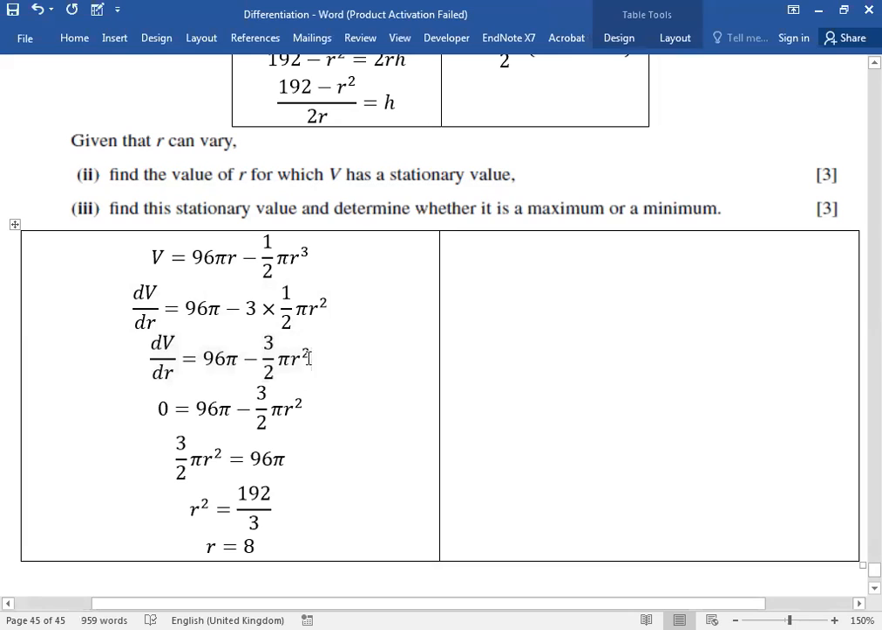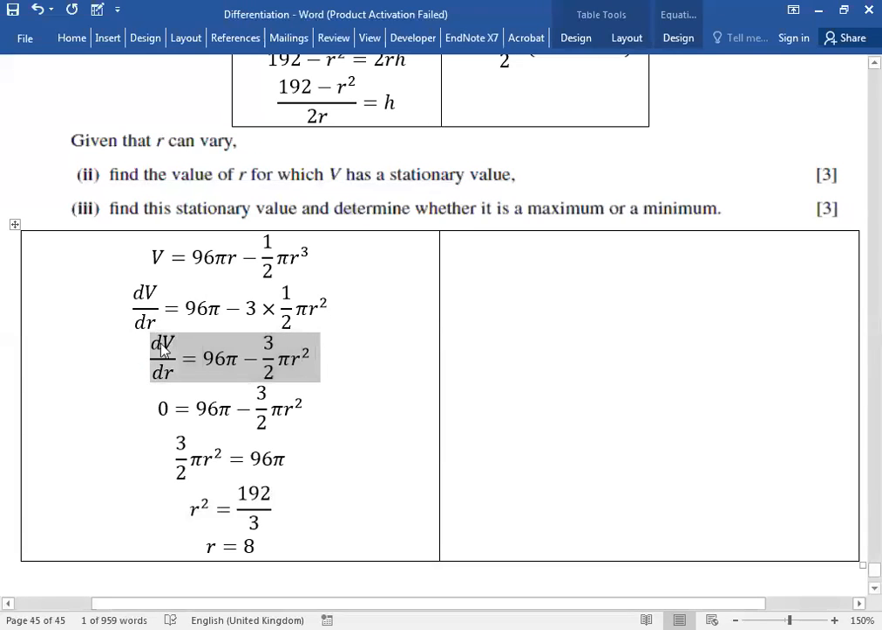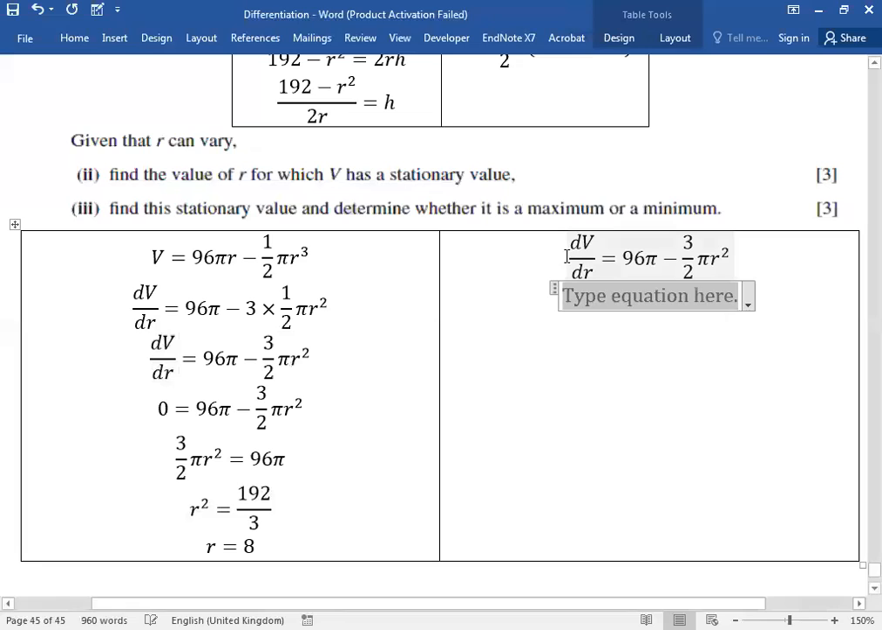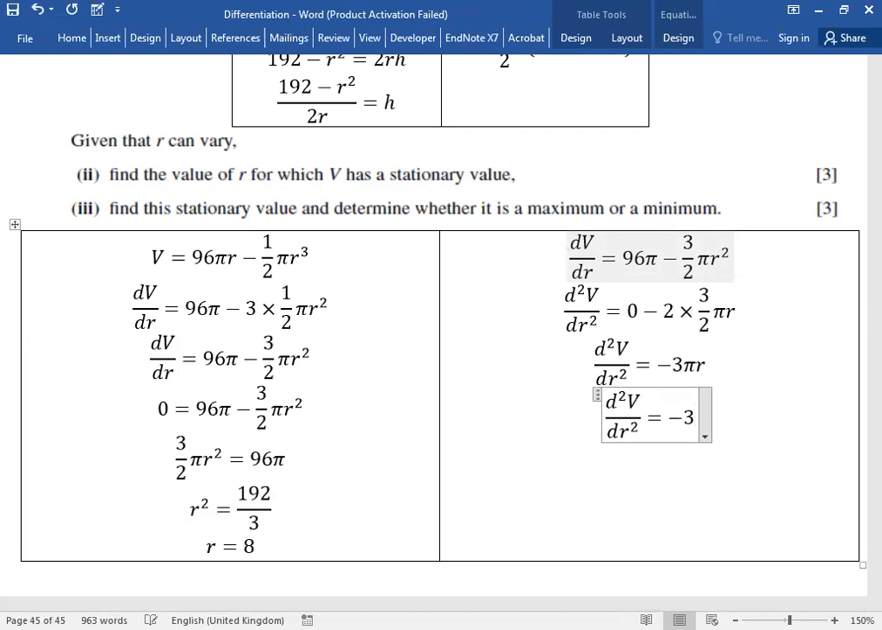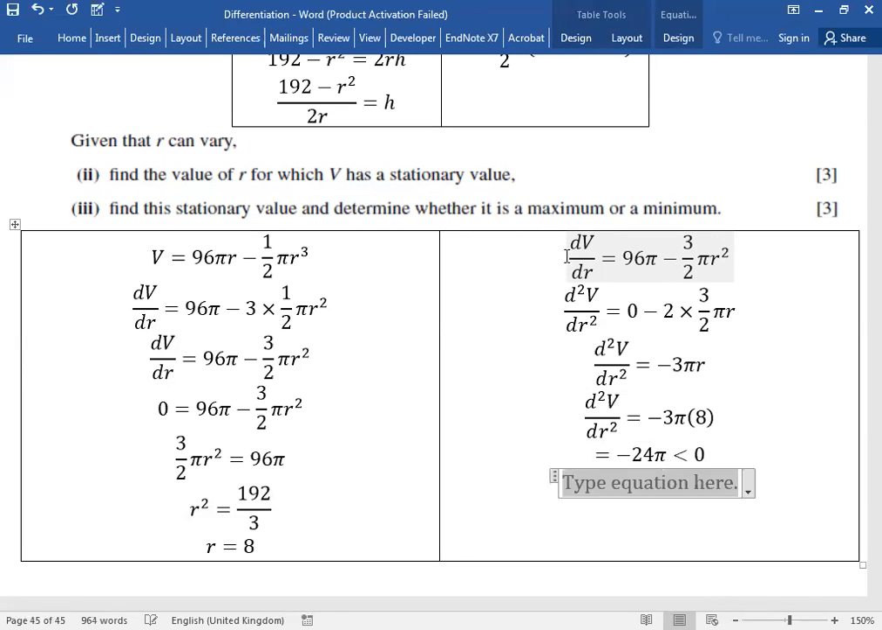Double derivatives. Very good. We find the nature by differentiating the derivative again, which is called the double derivative. So d square v over dr square: 96 pi का derivative 0 हो गया, -2 मल्टीप्लाई होगा 3 over 2 pi r से. So the double derivative is -3 pi r. Very good, d square v over dr square is -3 pi, ऐसे भी बता सकते हो, but 8 डाल दो, ये वैल्यू आ गई -24 pi, which is less than 0. So the stationary value of v is a